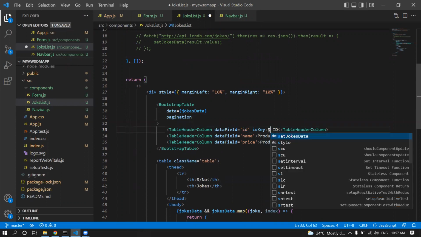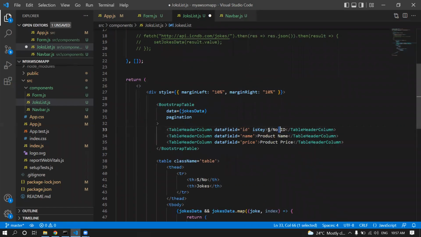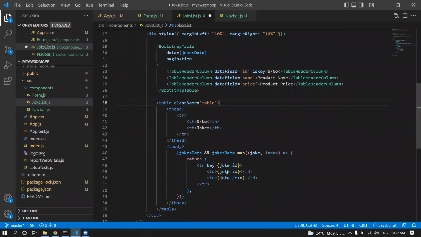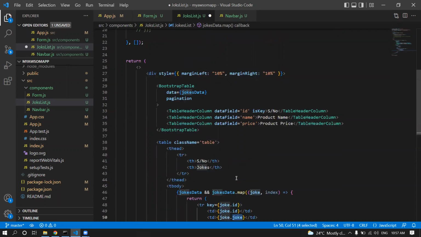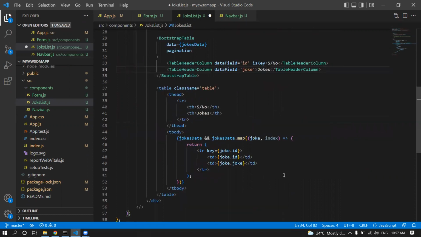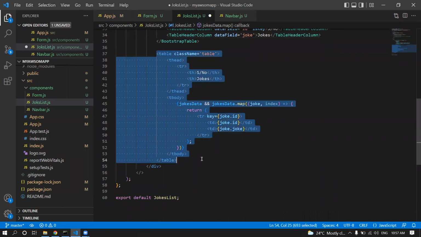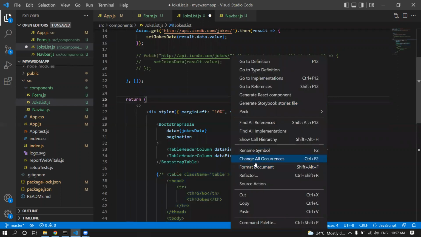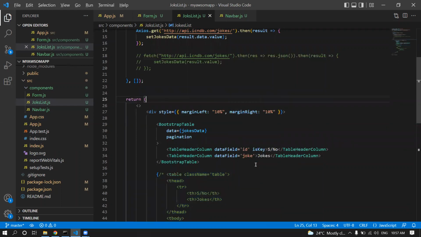So here you can write serial number, and the second thing is second. What is the coming second? Job. I think job. Yeah, job. So you can use here field name job, and here header you can write jobs. There are two columns only. Okay, two columns only. So you can comment this table and format the code, format document, save it, and come